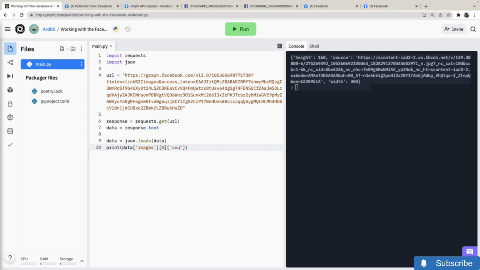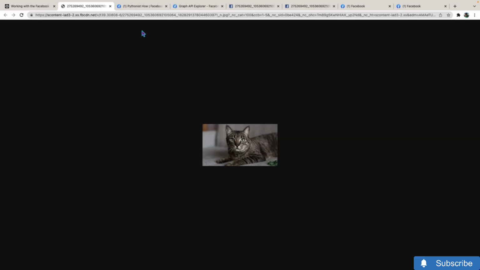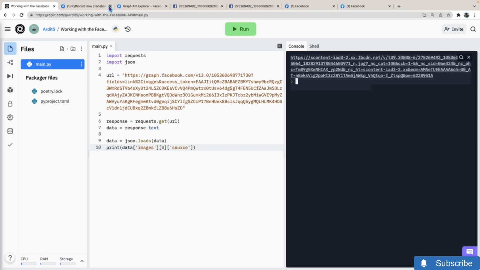So that gives us the URL, which if you click it, it takes you to that image. Now, next, let's save this URL to an image URL variable, remove the parentheses of the print function, and then